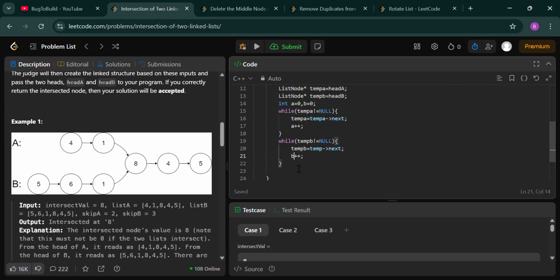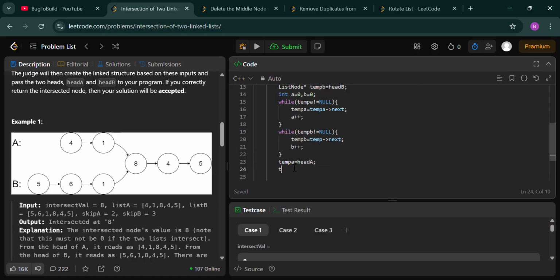After this you just have to check. You have to put temp A equals head A and temp B equals head B. Let's put it on the head.